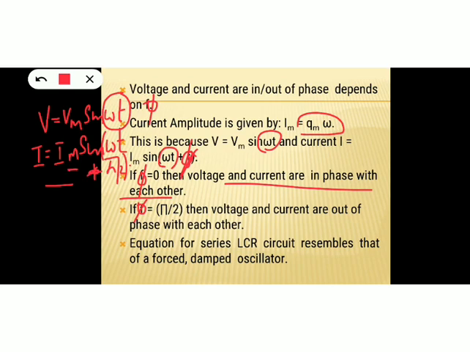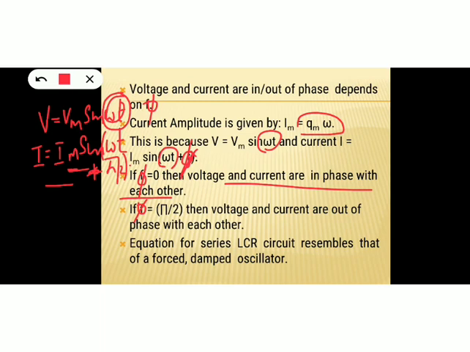So in this circuit, voltage and current will be out of phase. Here again voltage is omega t, but current is omega t minus pi by 2. So current lags behind voltage and it will be an inductive circuit. LCR circuit means it is a combination of resistive, inductive and capacitive circuit. At a time it shows the properties of a certain circuit, and which circuit is that?